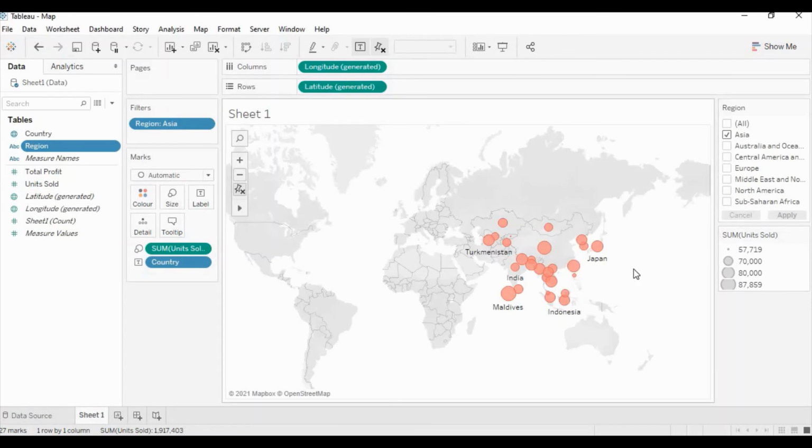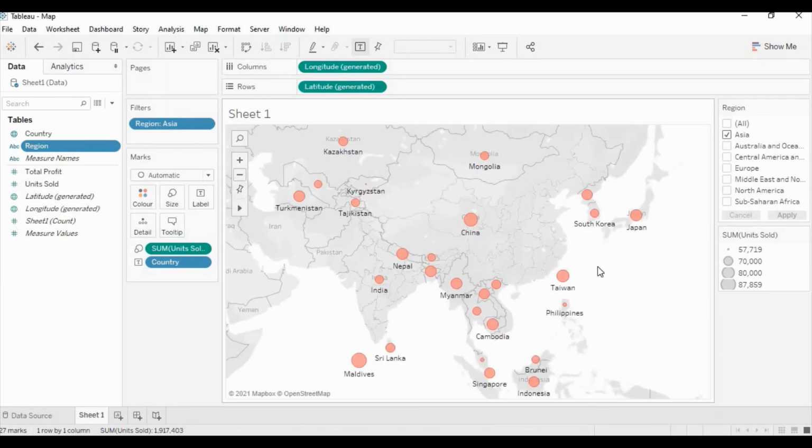Now I can see only the units sold in the Asia region, but this graph is fixed. If you uncheck this one, it will automatically enlarge the map, right? Which is very helpful during the analysis. Let's take another example. Currently it is unchecked, so let me select Europe and unselect Asia.